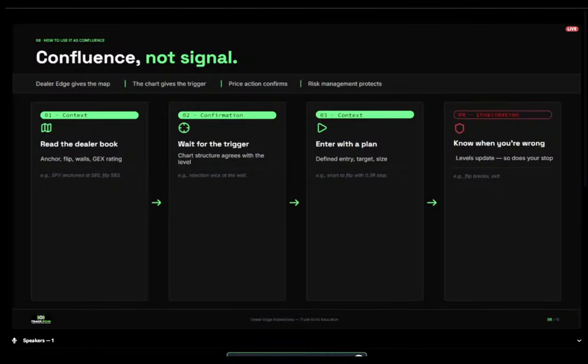For example, let's say SPY has an anchor at 585 and a flip at 583. That's going to tell us where the most important dealer levels are, but I'm not going to blindly trade that. I want to see the price reach that level, react, and match my chart setup. This goes with any indicator. This goes with any edge because you obviously need to watch the price action. You're not just going to go base blindly off of what you see across the tape and say like, oh, well, I see a lot of